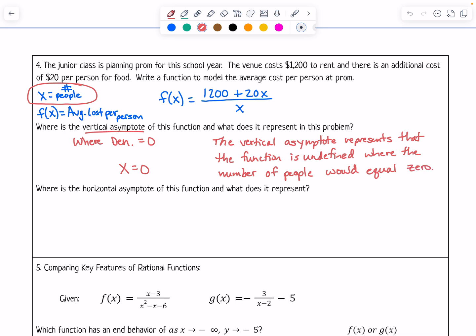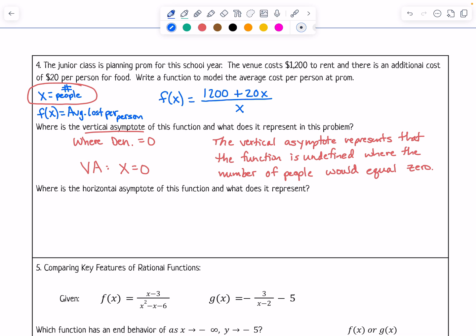Okay, so the vertical asymptote represents that the function is undefined where the number of people would equal 0, because your vertical asymptote is at x equals 0, and x is our number of people. And so that would make sense that it would be undefined, like I said, because then you don't really have